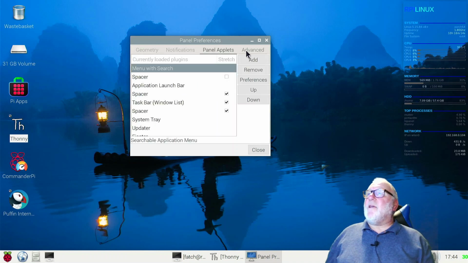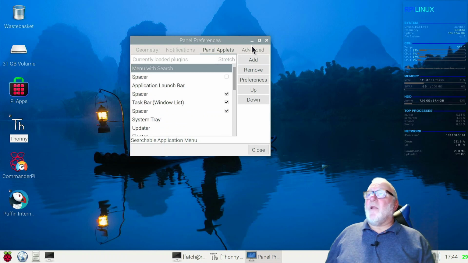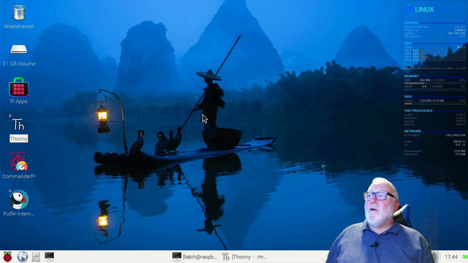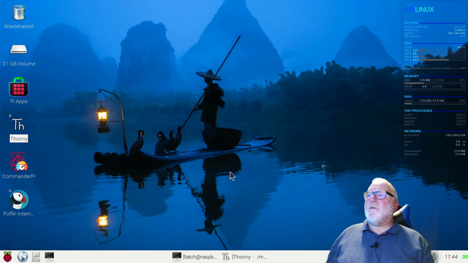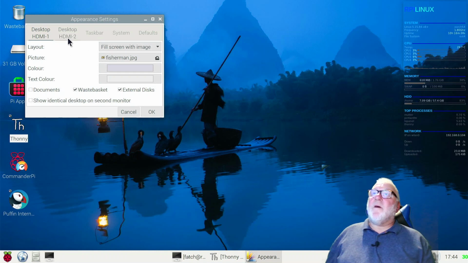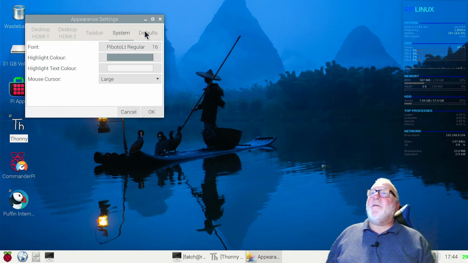Look around in these, and I'm not going to go through it now, but you can, if we right click, desktop preferences. I've got two desktops, I've got two monitors. You got your taskbar again. If you want to change your background,